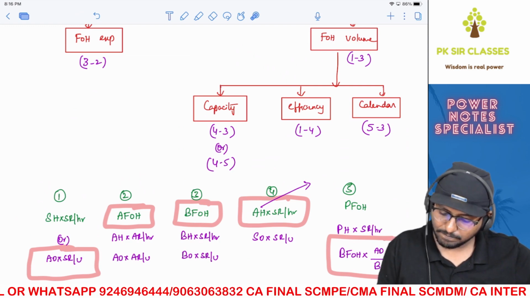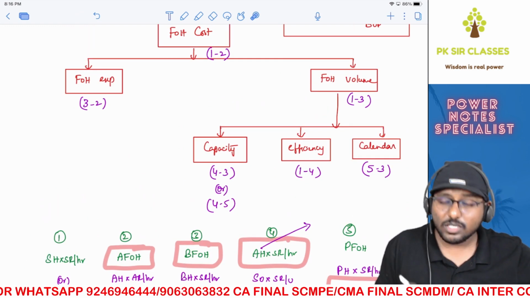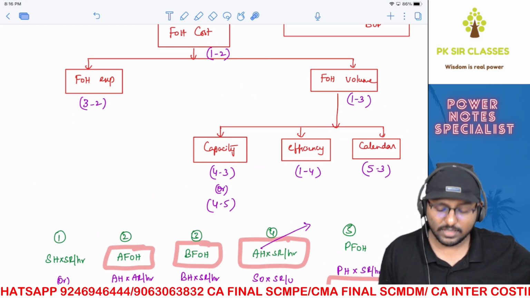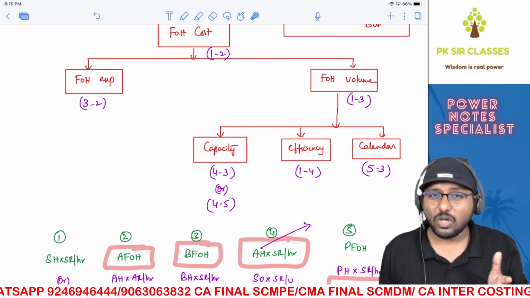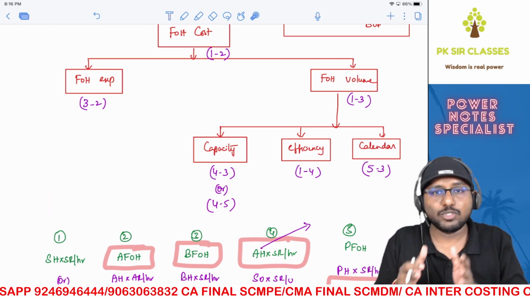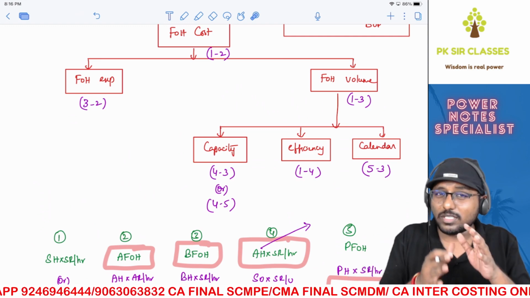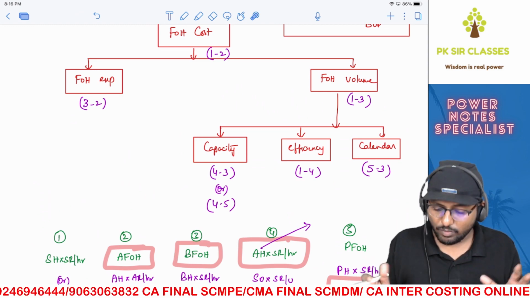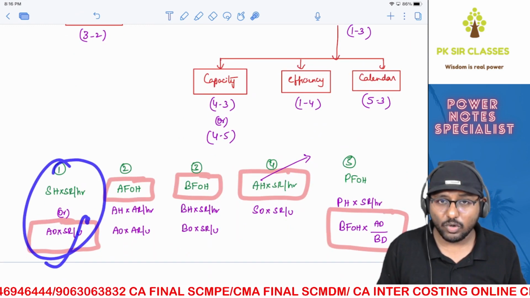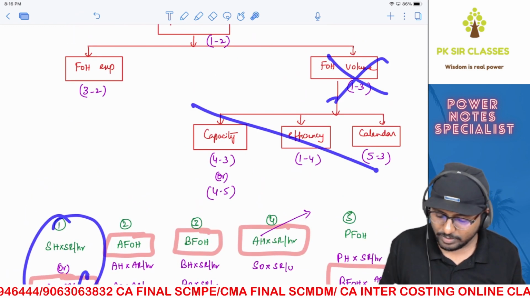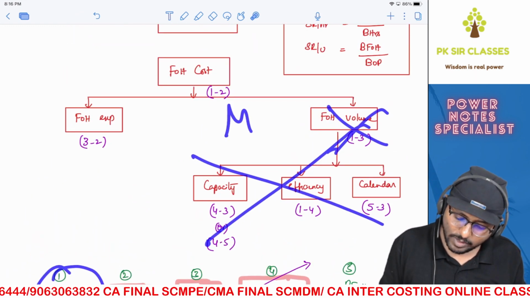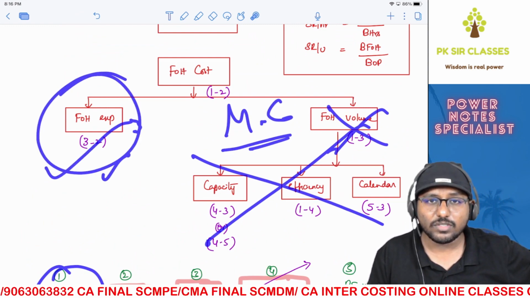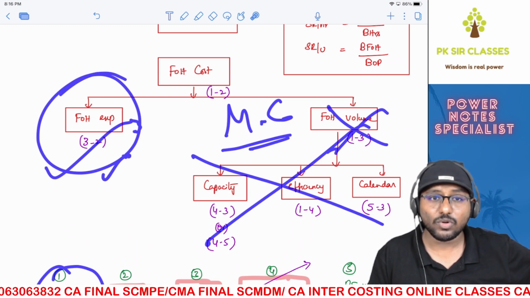Again, I repeat. Concept of absorption comes only as per absorption costing system. It doesn't come under marginal costing system. So as per absorption costing system, you'll have three types of overheads: budgeted, absorbed, actual. As per marginal costing system, you'll have only two types of overheads. One is budgeted, the other one is actual. There is no absorbed, which means there is no 1, because 1 is nothing but absorbed overheads. When there is no 1, there is no question of 1 minus 3, which means this whole thing is not possible. Which means as per marginal costing, there is only one variance, that is fixed overhead expenditure variance.